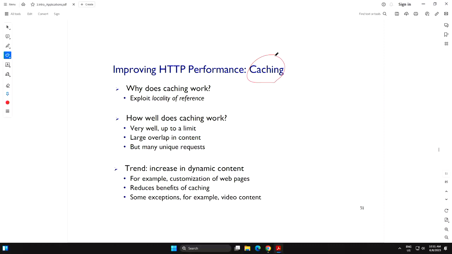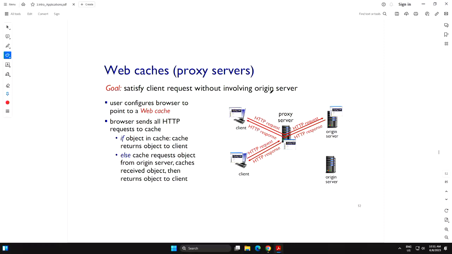So here we are going to see how caching is used in HTTP to improve the performance. So you request something, and you always request from this server, and this server will use a cache. So if the object is in the cache, it will not go to the origin server.